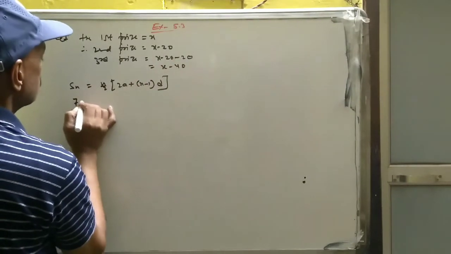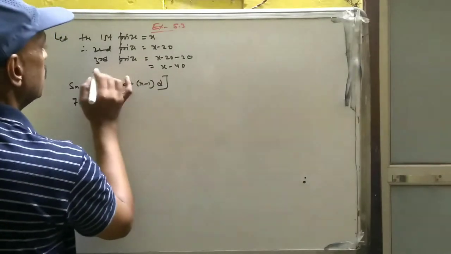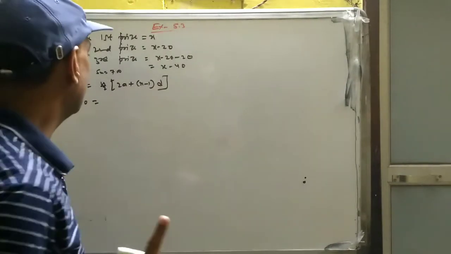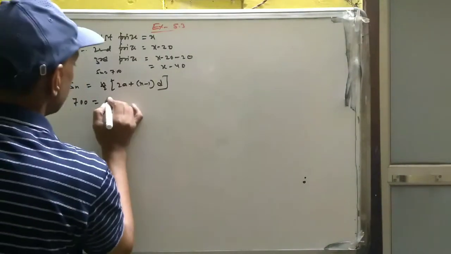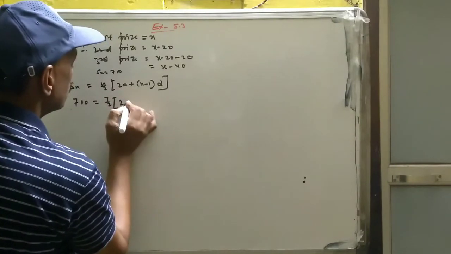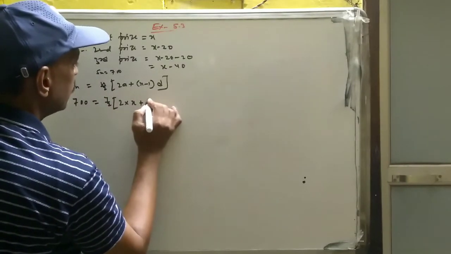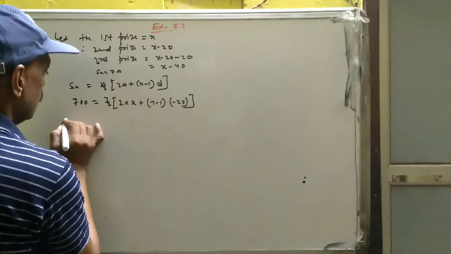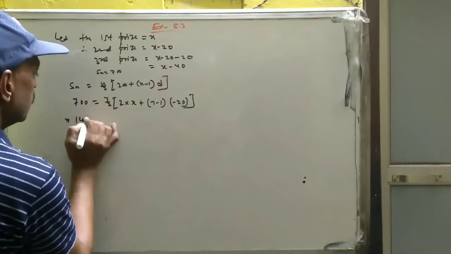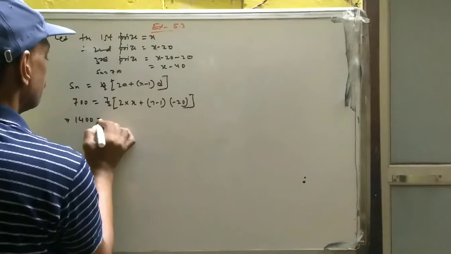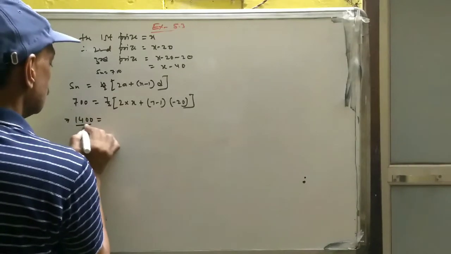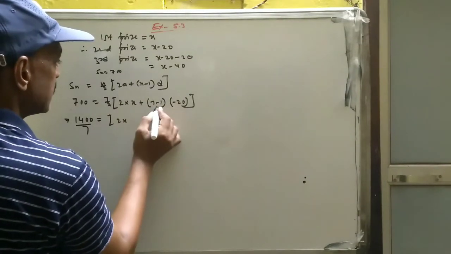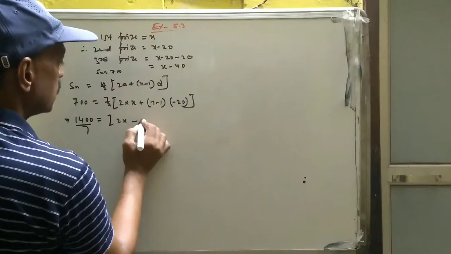Sn is 700. It should be mentioned also. Sn equal to 700 and n means कितने प्राइजेस हैं 7. तो n is 7. 7 by 2, 2a, 2 into x plus n means 7 minus 1 and d is minus 20. Now solve this. Cross multiplication, 2 is going in there. 2 into 700 and this 7 can be here also. So now we are having 2x and 6 minus 20. So 6 into minus 20,